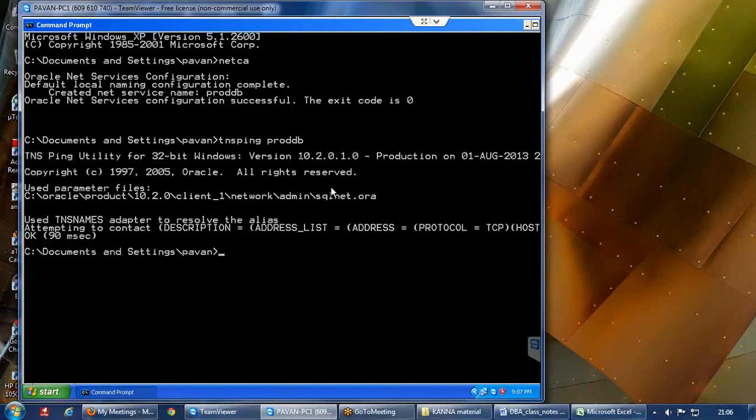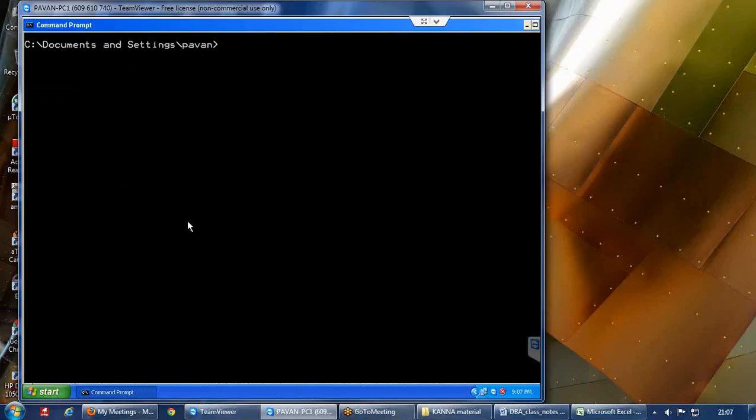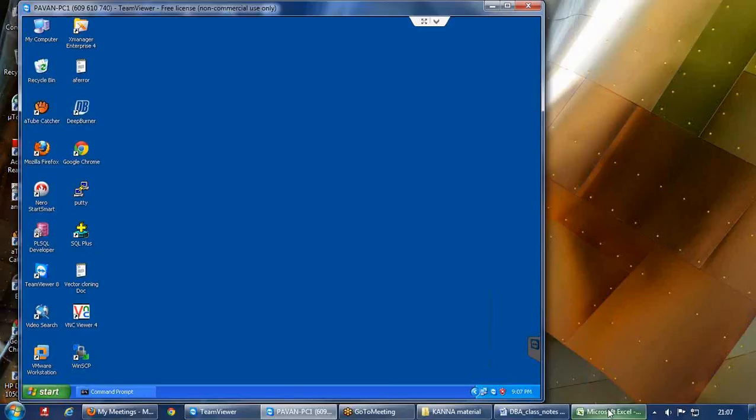And you are going to get some output, but frankly you should not get an output. It should show you an error, but somehow we are getting an OK message here. Fine. So we will see that. Here you should not get an OK message, but rather some error message. We will work on that at a later point of time, but this is how you are going to configure things.